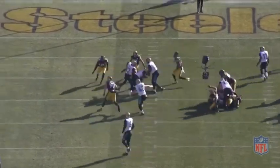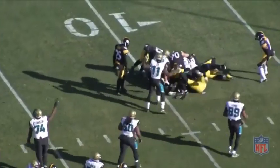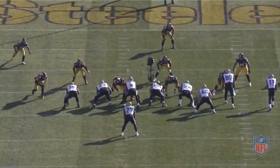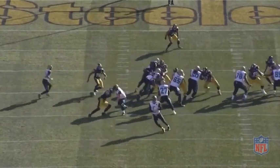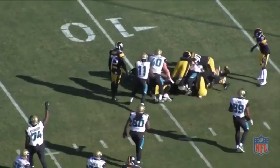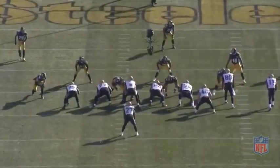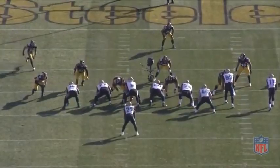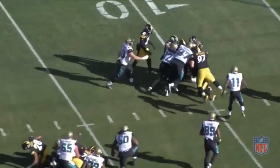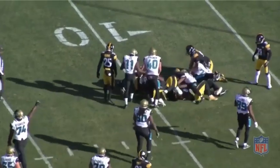And Davis misses the tackle in the hole, as well as the alley defender. Fournette did a nice job creating there, but Davis got to make that play. So that was the other thing with Fournette: they weren't getting hats to the ball carrier. They were getting only one-on-one tackles. And because guys weren't getting off blocks, guys were on the ground. And so that creates that yards after contact, and Fournette falling forward every time because you're only getting one tackler